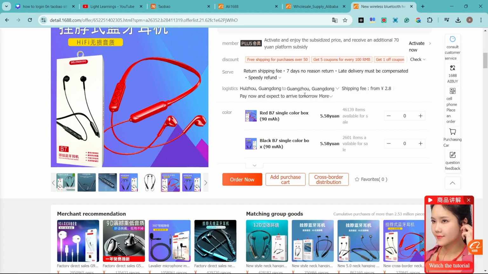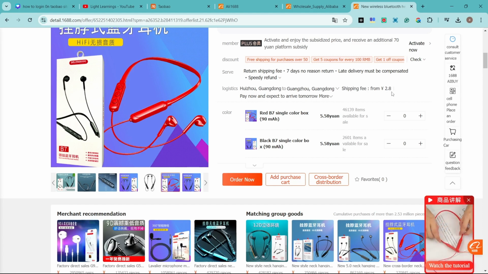I don't know how to pronounce that, but that is where most of China's stores are. If you see here, you see 2.8 yuan. Yes, yuan. That means the shipping fee from their store to your own company, they will charge you